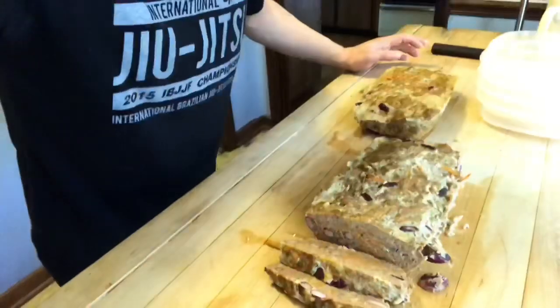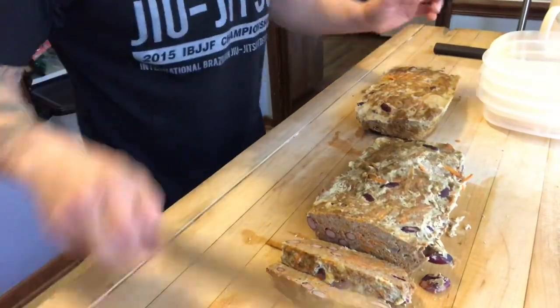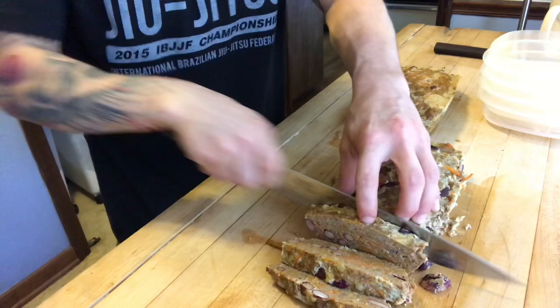Alright, meatloaf is out of the oven. It took closer to an hour than 45 minutes. But it's ready. I let it sit in the pan for another 10 minutes after it comes out of the oven before I take it out of the pan, so it doesn't fall apart. Let it stiffen up a little bit. So that's what we're looking at. You just slice up that bad boy,